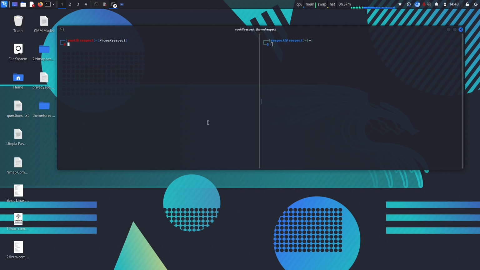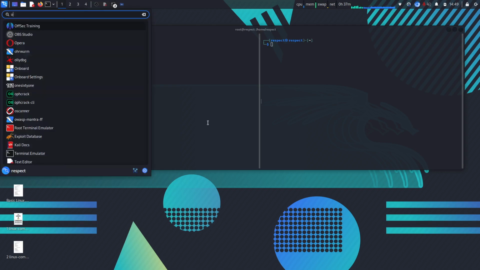Okay, that's it for this lecture, if you need to install a browser in Kali Linux. And the last thing is that if you want to install the Opera browser, then you need to manually download the Opera file from the Opera website and then install it with the command dpkg. First give root permission and then type dpkg -i and the Opera file. So it automatically installed, and here is the Opera